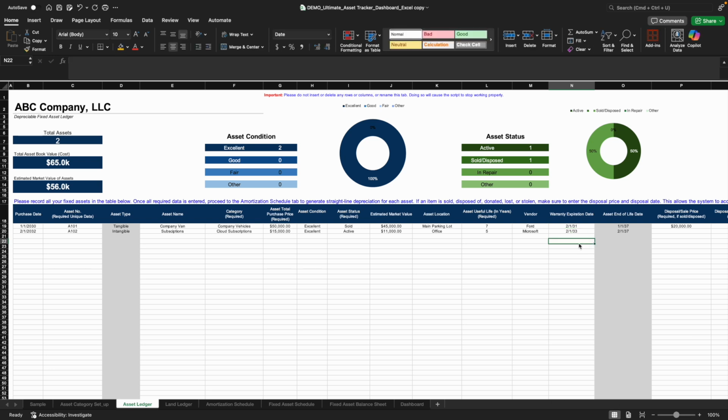Oh, and one thing I want to mention is here you can see, right, it automatically calculates the end of life date. So whatever date you have purchased plus the year, then it'll calculate the end of life date for you as well. All right, so now that we have one sold, and then we add another one,